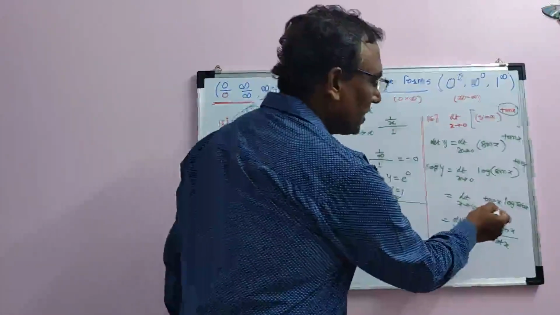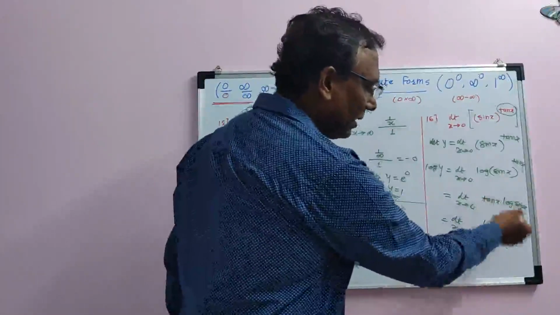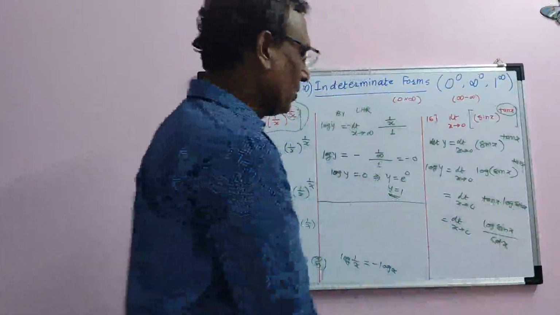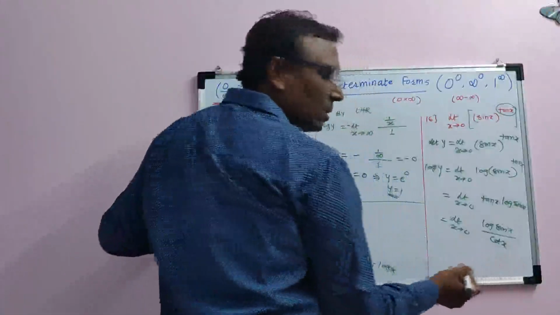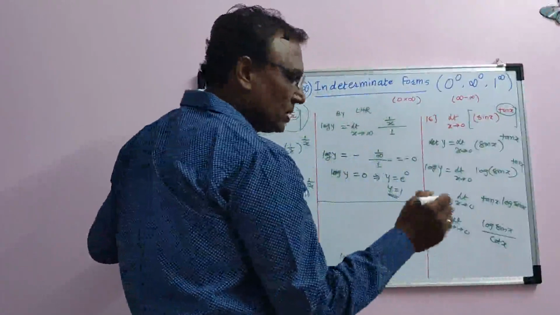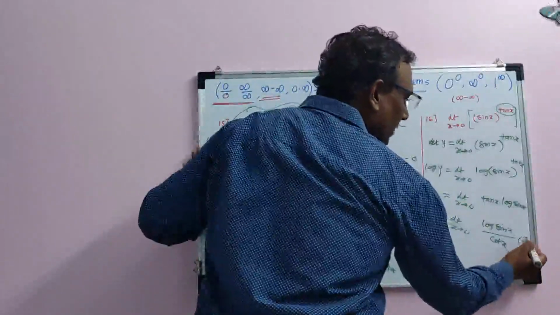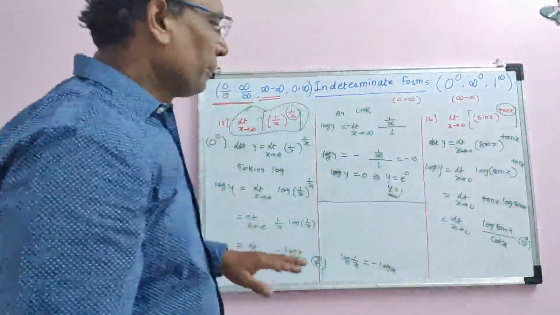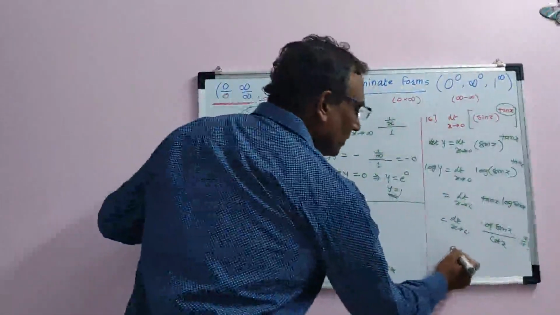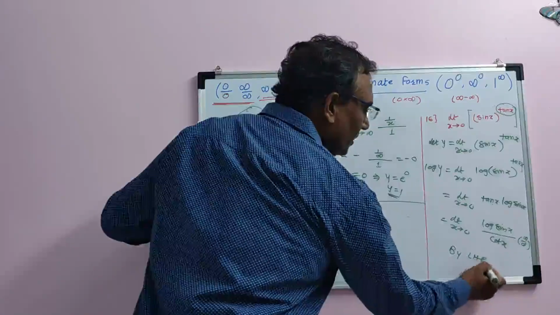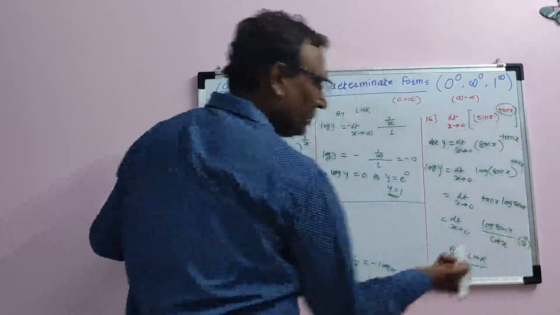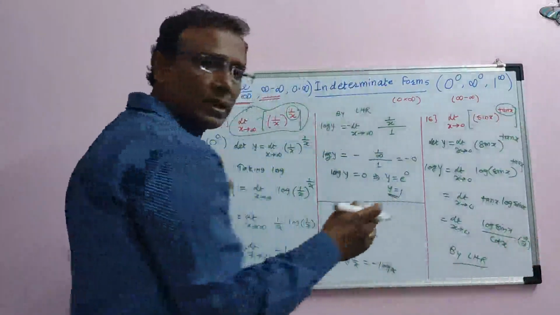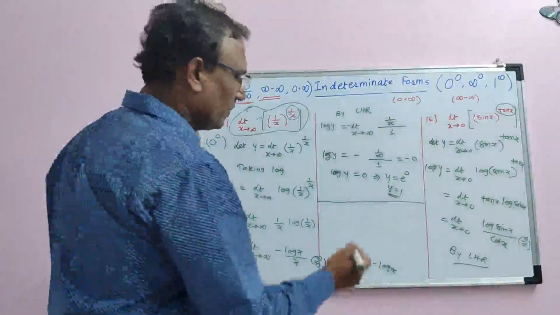And in the multiplication, a trigonometric function is there, so I have written tan as 1 by cot. Now cot 0 is what? Tan 0 is 0, cot 0 is infinity. So this is again infinity by infinity form. Okay. Now by L'Hospital rule, we converted the 0 raised to 0 form into infinity by infinity form. Or you can convert it to 0 by 0 form also.